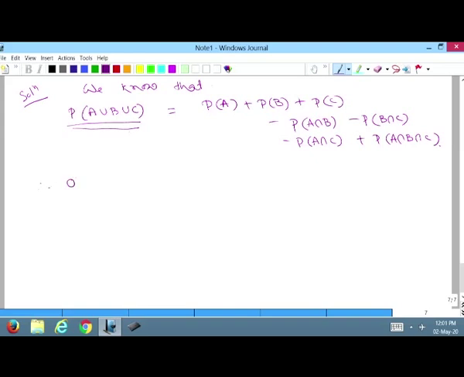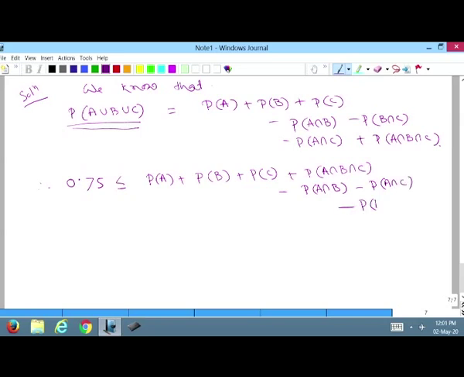Therefore, 0.75 is less than or equal to probability of A plus probability of B plus probability of C plus probability of A intersection B intersection C minus probability of A intersection B minus probability of A intersection C minus probability of B intersection C, which is again less than or equal to 1,